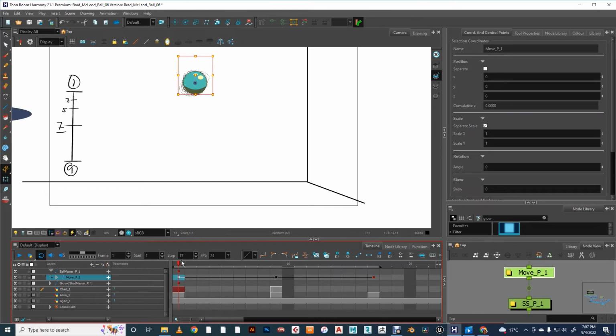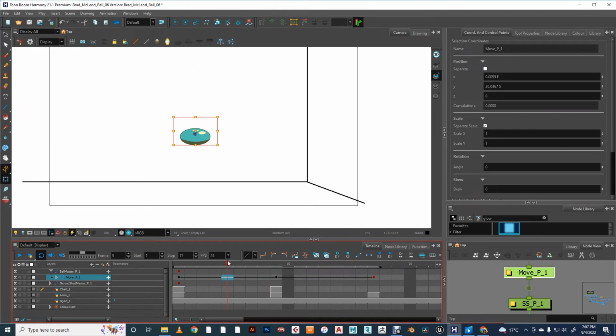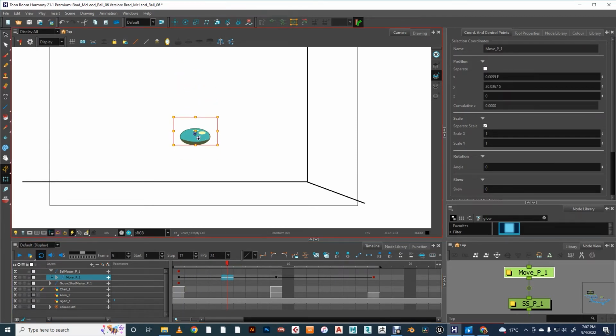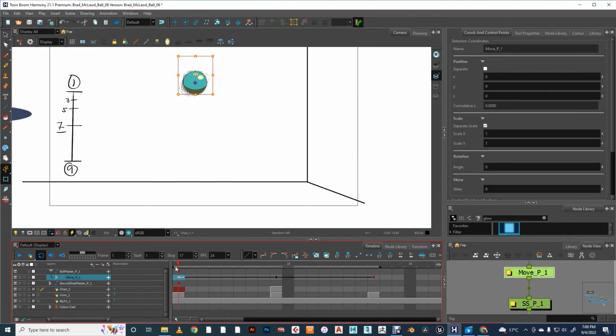So the first thing we're going to do is add easing to this, and then we can tell Harmony not to do the bouncing a little bit later. So we'll ease everything by adding the click and drag method. Right now you can see that we've tweened it, which is great. And if I come to my first keyframe and I click this button here called Set Ease for multiple parameters